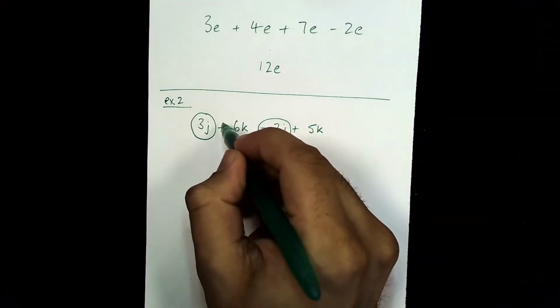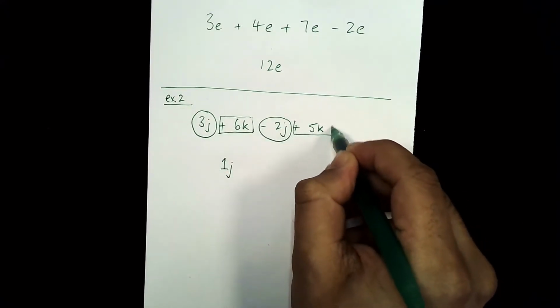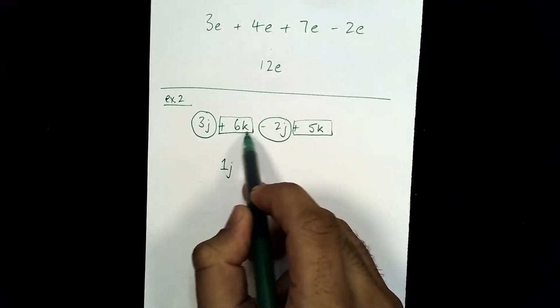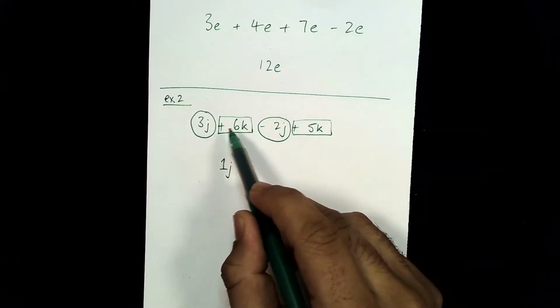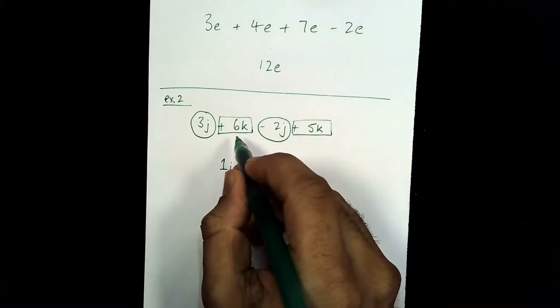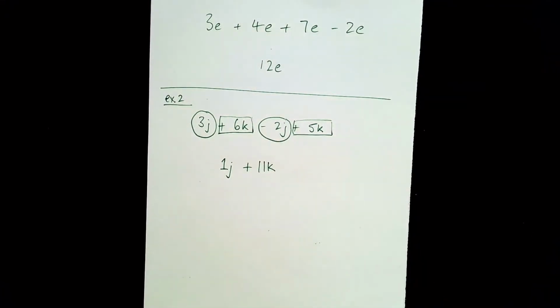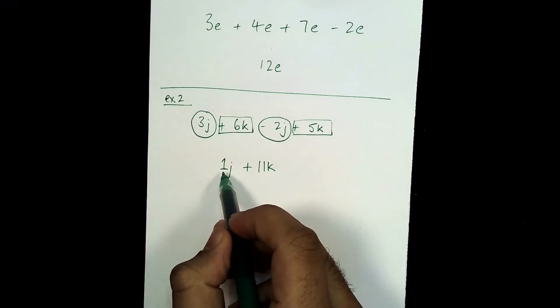And then I'll put a square around the terms that involve a k. So I've got 6k, that's a positive 6k, plus another 5k. So 6k add 5k is 11k. And that's your answer. The only thing you may want to note down here is, if you've got 1 of